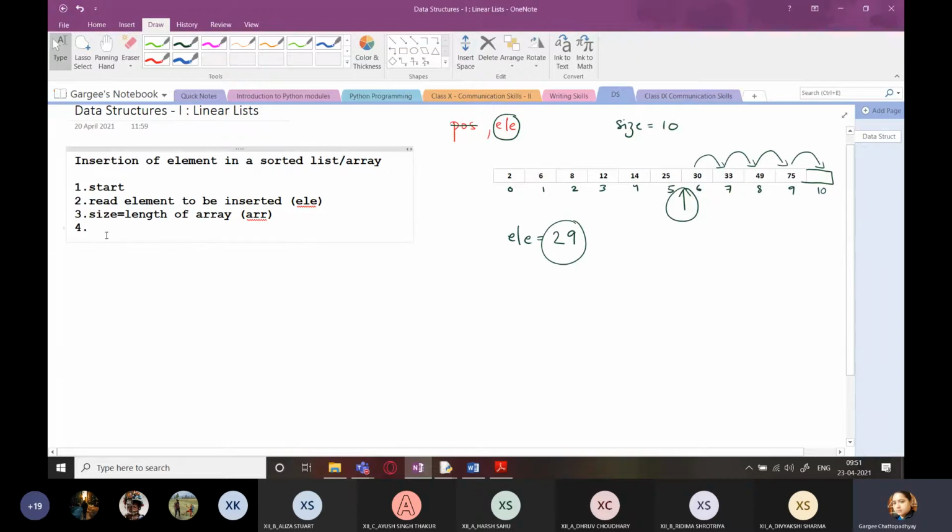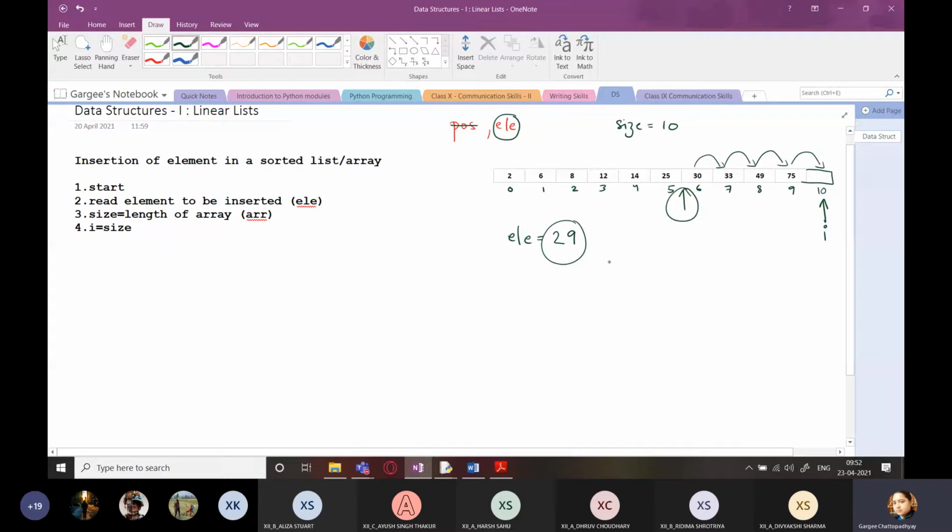Now what I'm going to do is first I have to set the value of I. Now what should be the value of I? Because I will be shifting it from this side. I will start shifting from the end. Okay, so I'm going to take I as size. Size is 10. I'm going to take I as size. So I will take up this very location. This very location will be taken by I.